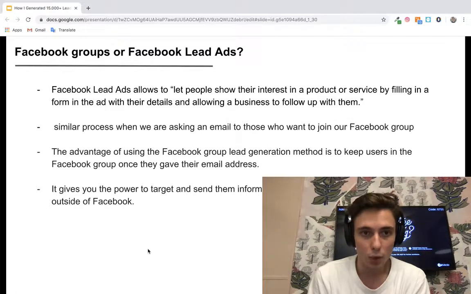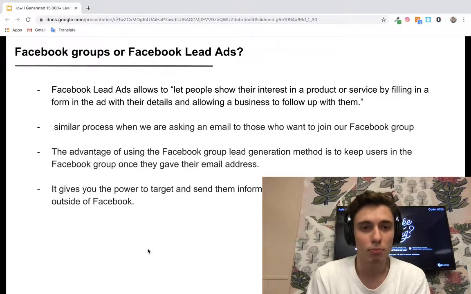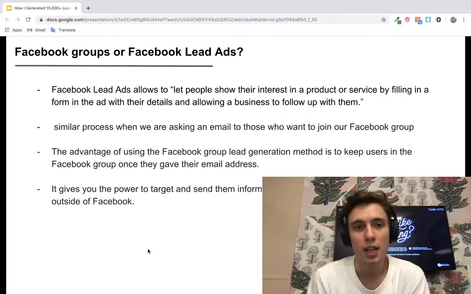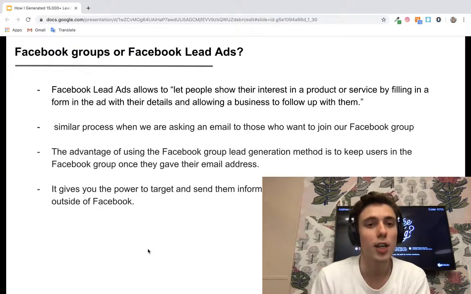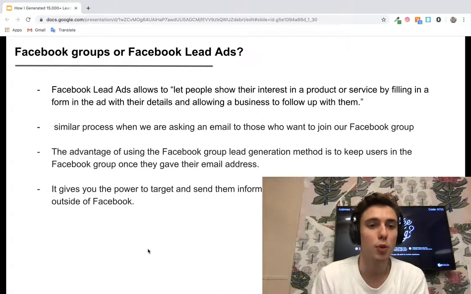Why do I mostly use Facebook groups? The main difference is with Facebook lead gen ads, it will work when you run the ads, but once you stop running the ads, nothing will happen. On a Facebook group, once people join your group, you have their email address, so you can send them emails, you can retarget them, or you can also target them and post promotional content in your own group.